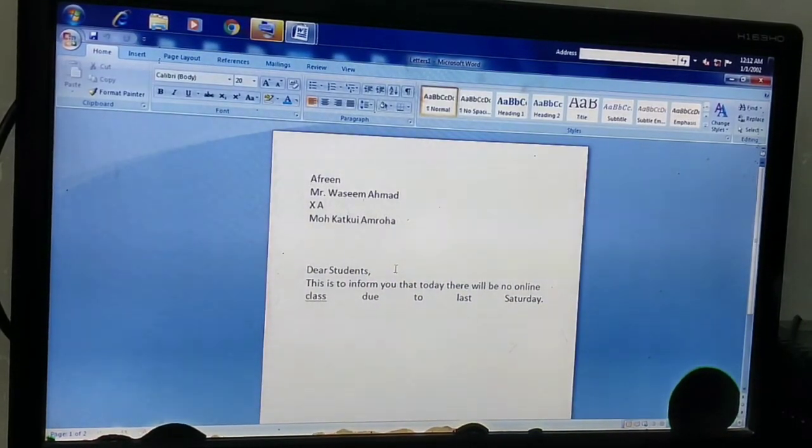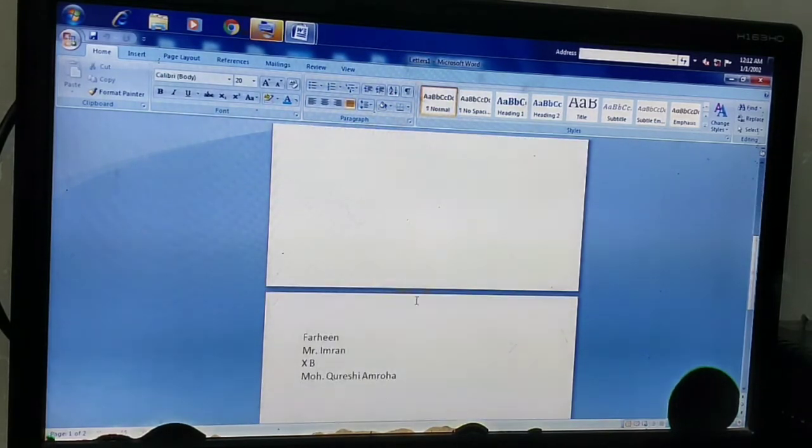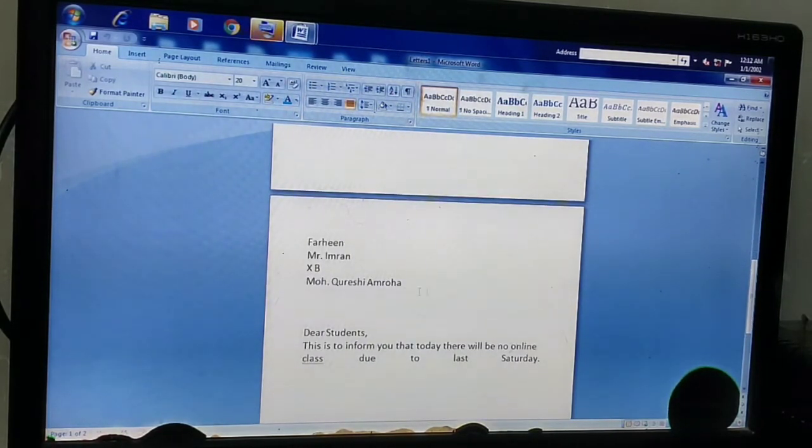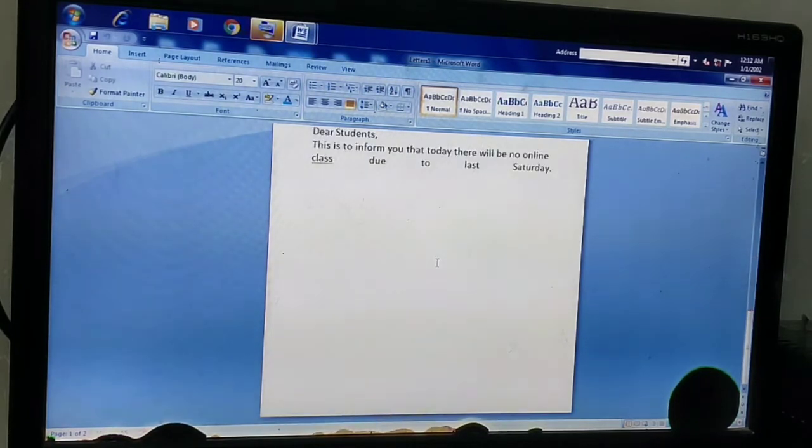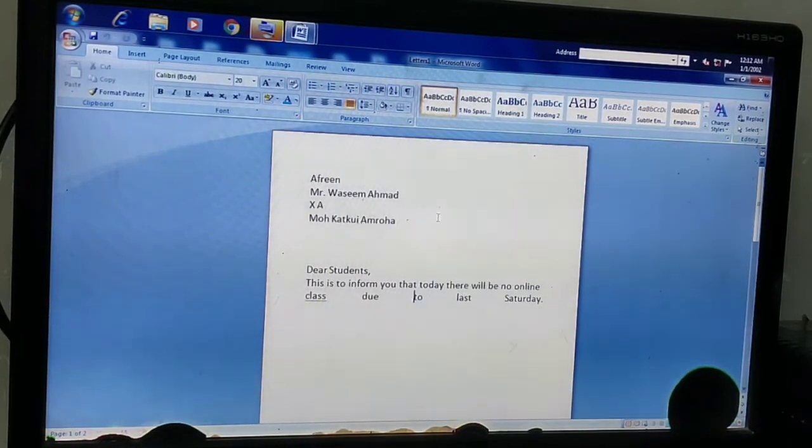Now you can see the fields which we have defined, the details are there, and the notice or the application, the circular we have written, it is here. And this is the student number 1 record, and on the next page student number 2 record is there. I have given only 2 students' details, so 2 pages are there. So in this way we can use the mail merge option. Hope you have understood.